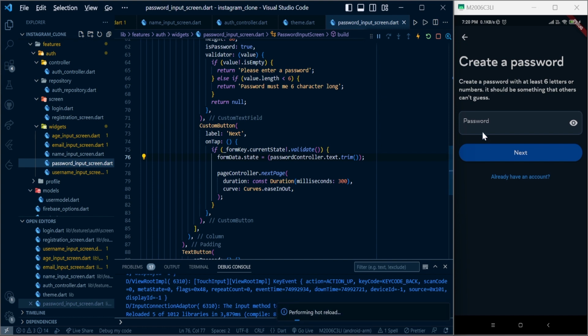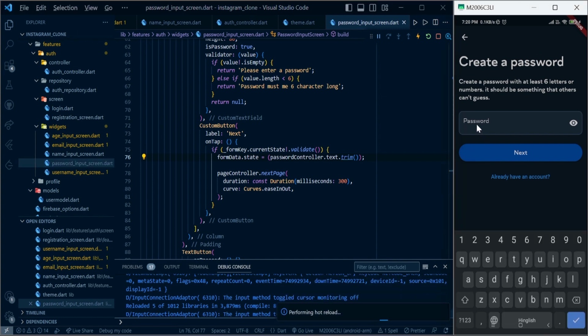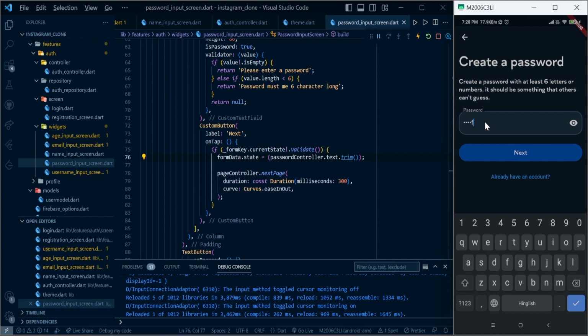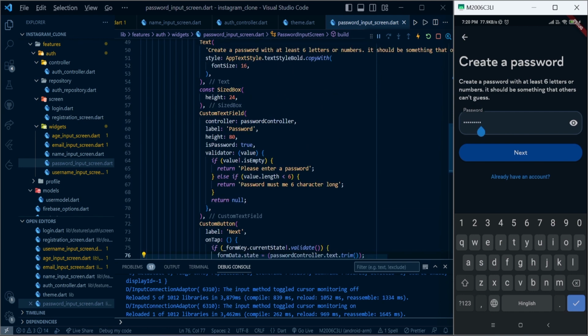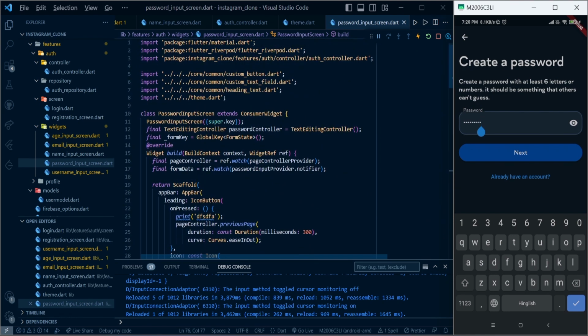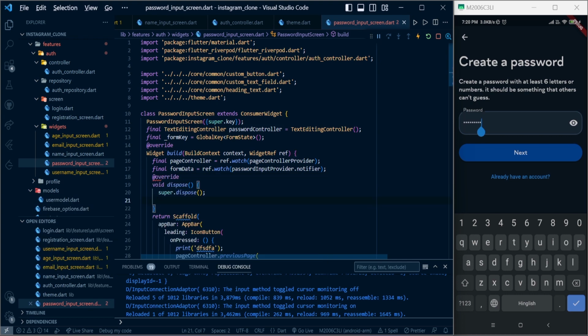Here we are doing good. And if I type something here, here we also need to dispose to release all the resources we are using. We can write dispose like this, and we can dispose the